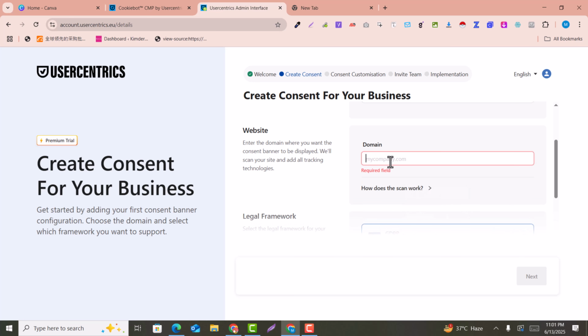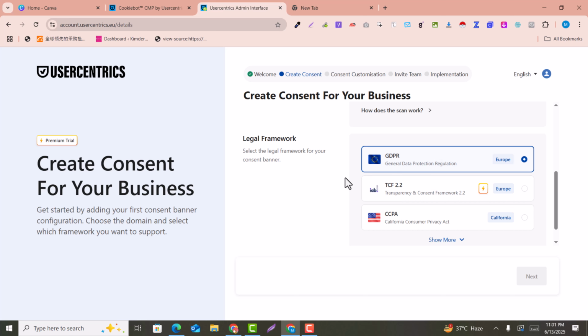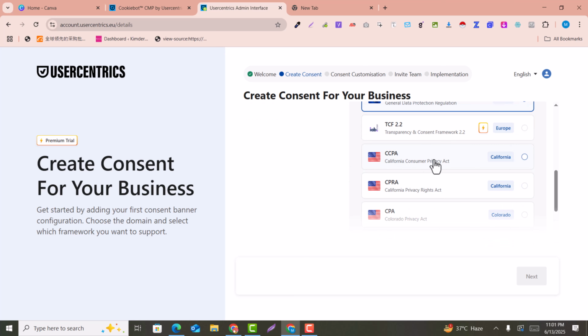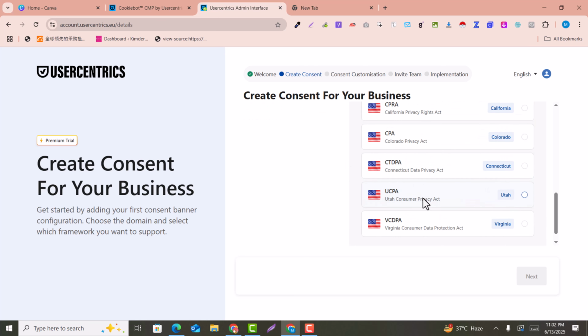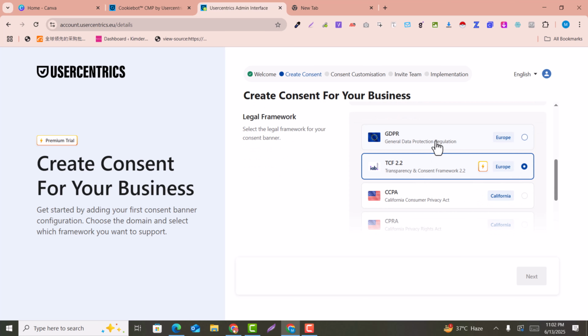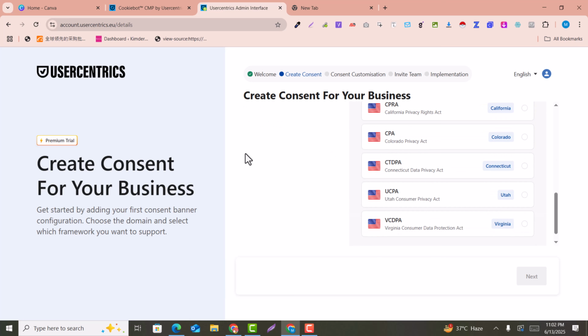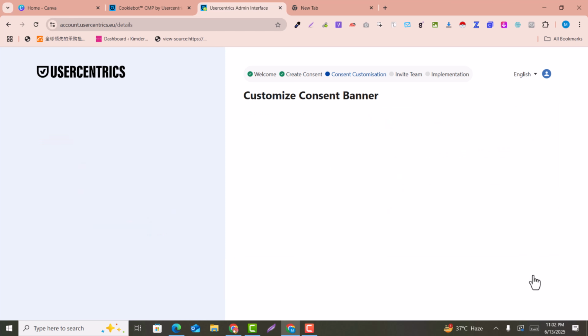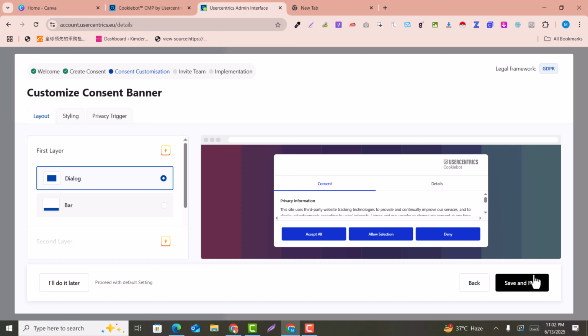domain name. So I will put my domain here, and here you can select your legal framework, for example GDPR, CCPA, or TCF. Many countries support the CCPA and so on. So here I will just go with GDPR. This is the General Data Protection Regulation that is enforced in many countries, and there are many countries with many other rules. Okay, and just click on next, and here you can select the consent type that you